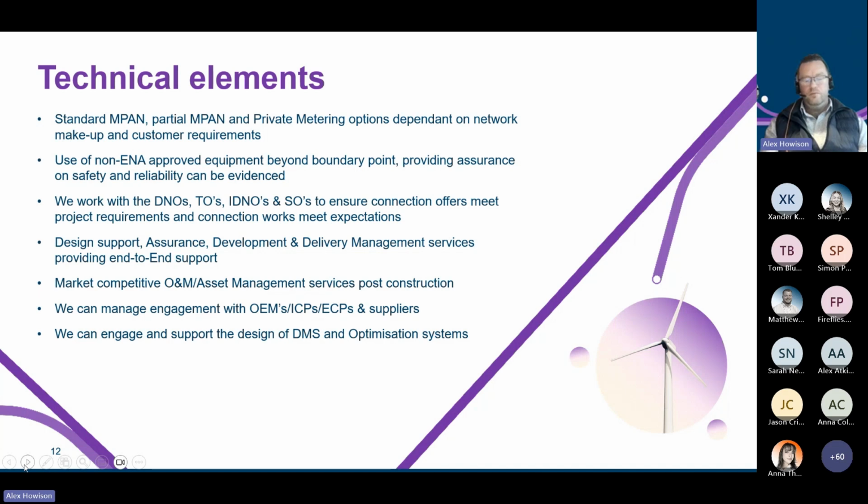So from a metering perspective, you've got full MPAN, parent MPAN, you've got child MPANs. There are fully private metering options. We've engaged quite heavily across the industry to ensure we have an awareness of what meters would be best and where, and how they best work in terms of the charging. And there can be bespoke options based on a project, but we still need to ensure